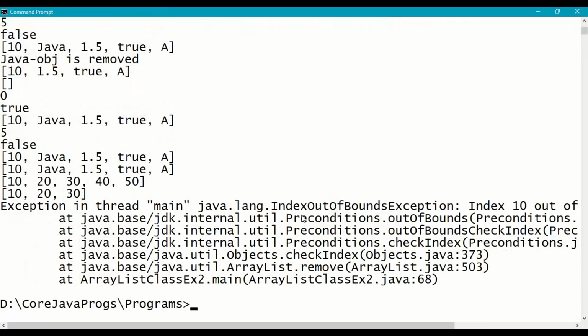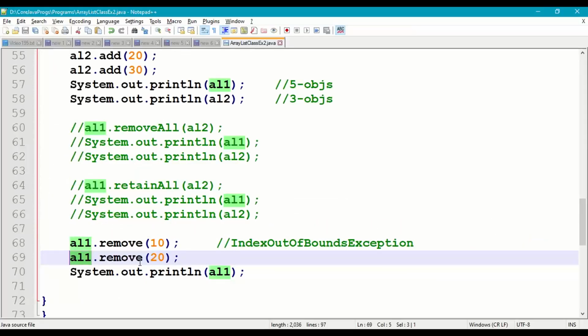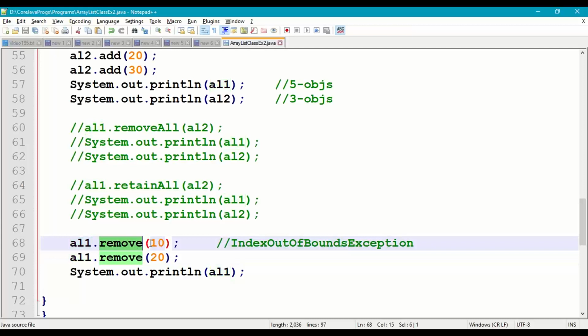We are getting an IndexOutOfBoundsException. Why? Because here remove 10, the JVM or the compiler is thinking that it is the index of the element. So we are trying to remove an element based on index. 10th index means the 11th element, 20th index means the 21st element. We don't have that many elements, so that's why we are getting the exception.